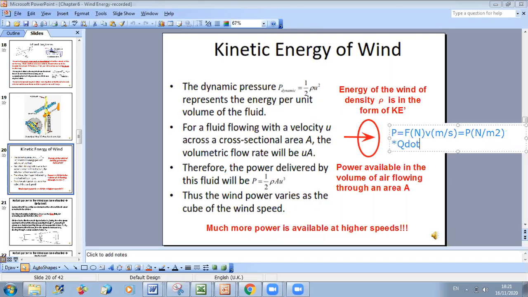I put Q dot because it's a rate, and its unit is meter cube per second. We know that the dynamic pressure of a fluid moving is half rho u square, and the volumetric flow rate, if we have a flow over a cross-sectional area A, is U times A. So in total, the power carried by this fluid is half rho U cube